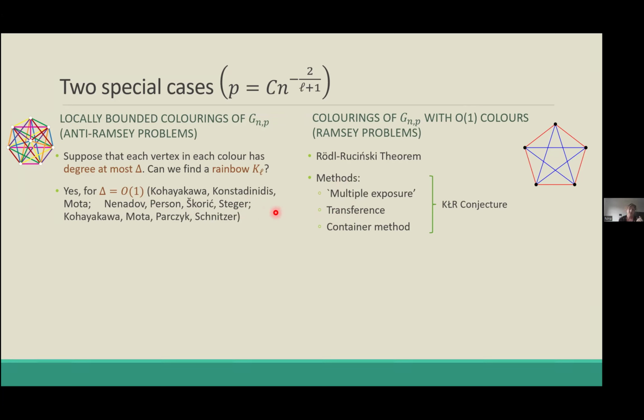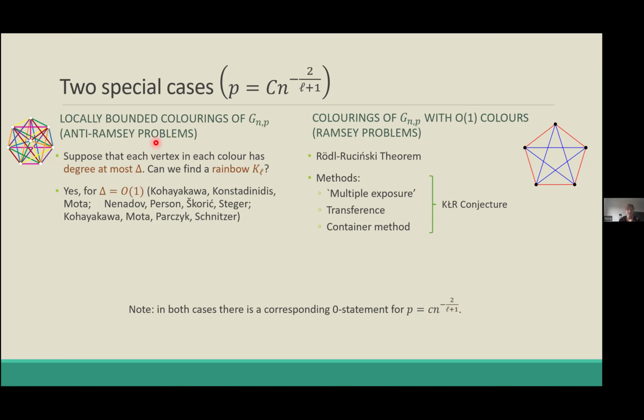Okay, so in fact, as I said, for both of these problems, the correct threshold is this thing. So this means that the adversary can use any of those strategies. So the adversary can go for an unbounded number of colors, or just 2 colors, or many things in between. And that's part of the difficulty of the problem.